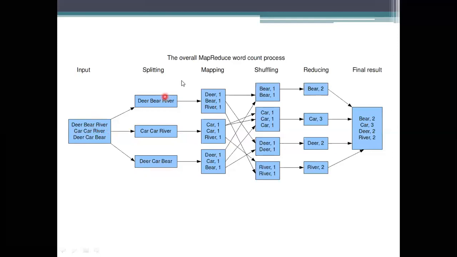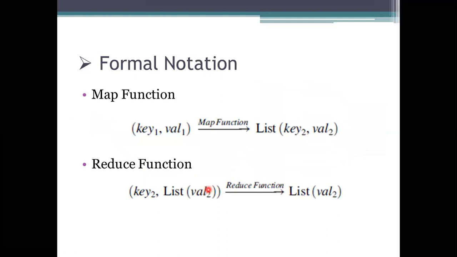So here, in the previous example, there is no need to split up the data elements in such a way. This type of representation will be considered when we are dealing with the MapReduce problem. And coming to the formal notations, what are the notations we are using for that?